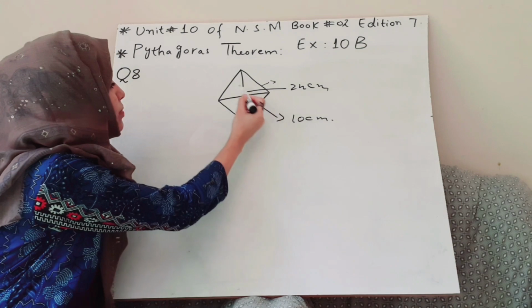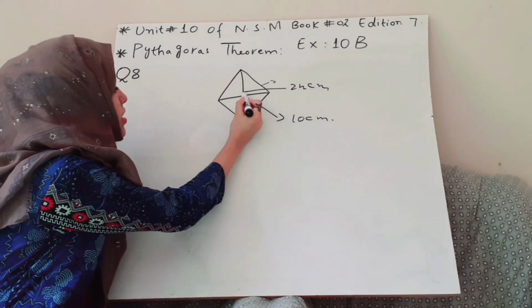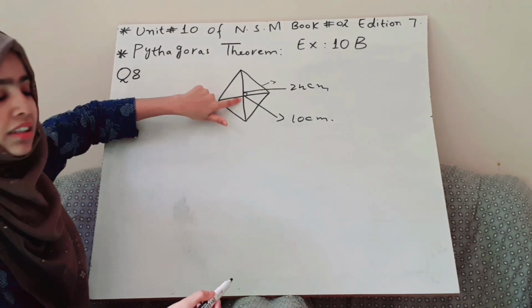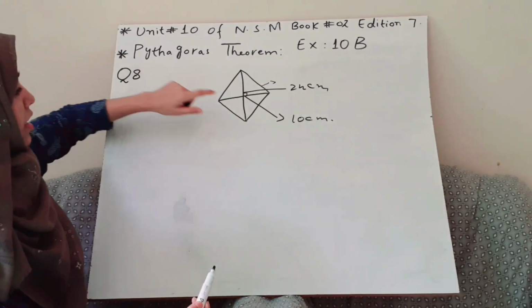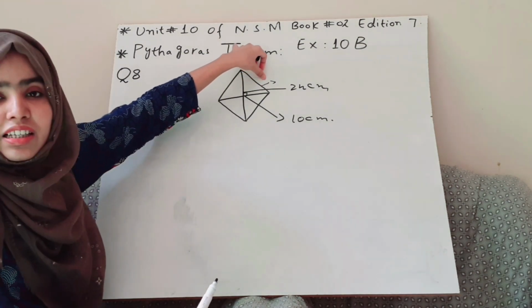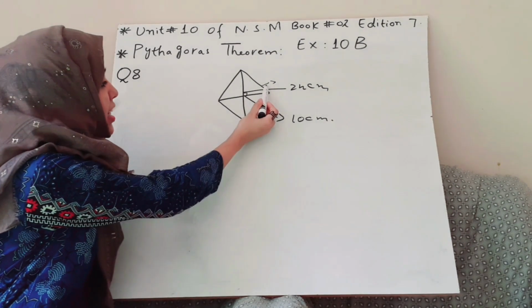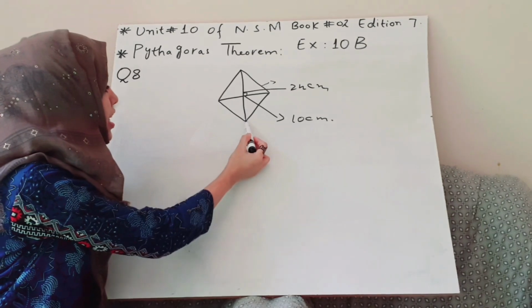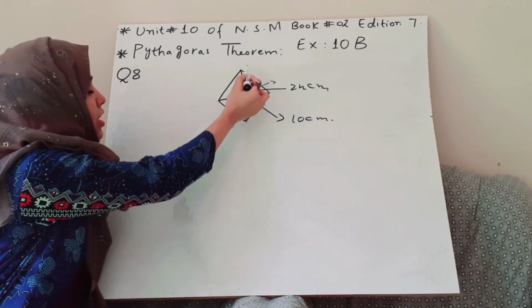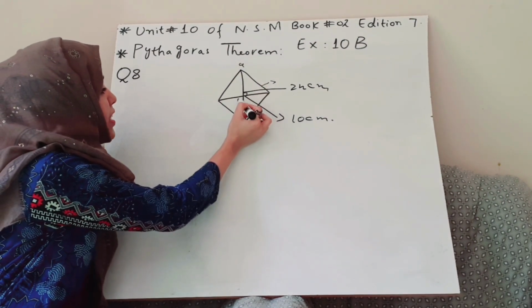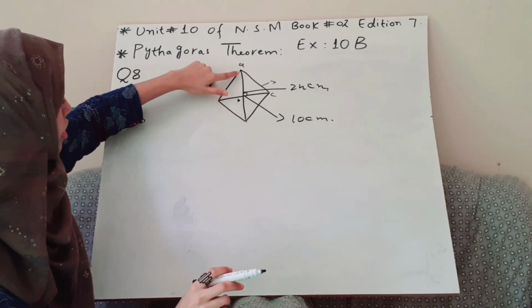When we have given this, you can see these diagonals intersect at this point at a 90-degree angle. It becomes a right angle triangle, and this is also. So if we have to find one side length, as I said, all sides length of a rhombus is equal. We have given this total line length which is 24 and this total line which is 10. If we are taking this triangle, give names A, B and C, ABC. In this we have the length from here to here, but we want to know from here to here.